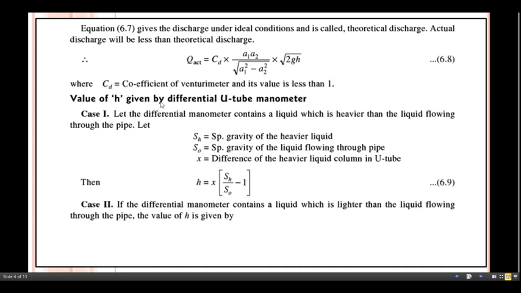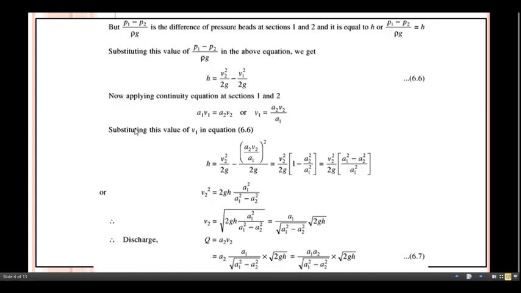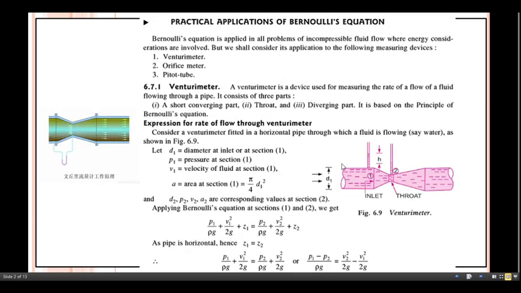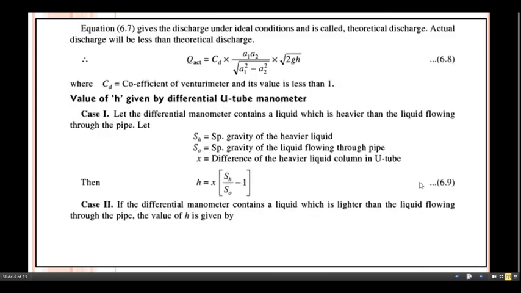So the value of H is given by the differential U-tube manometer. In case number 1, let the differential manometer contain a liquid which is heavier than the fluid flowing through the pipe. Now focus on this one. If we consider the manometer, then whatever fluid is flowing through this pipe, we consider it lighter than the manometer liquid. In that case